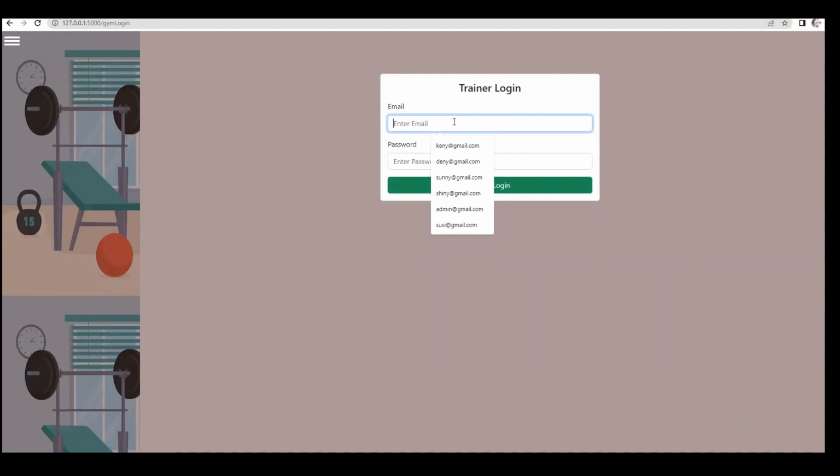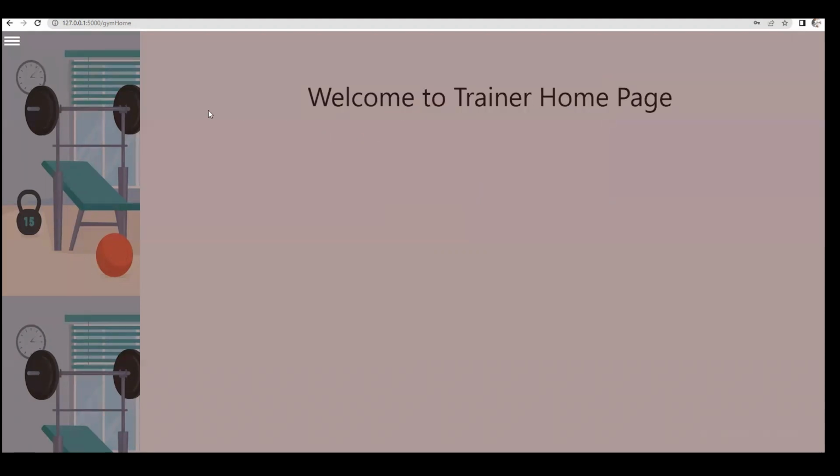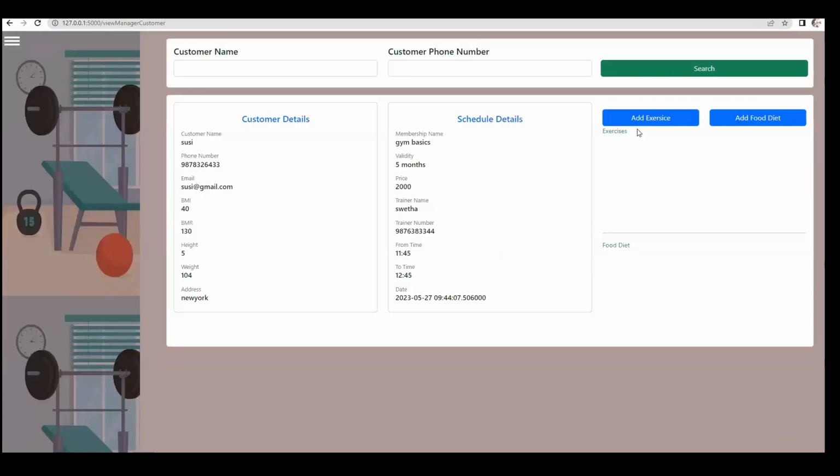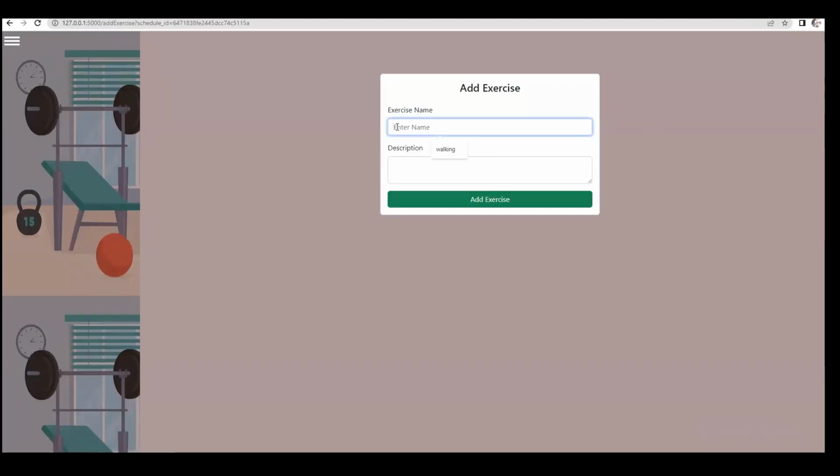So trainee with the email address and password login into the website. This is the trainer homepage. Here the gym trainee can view the customers. After viewing the customers, the gym trainee will add the exercises to that particular customer. So the level